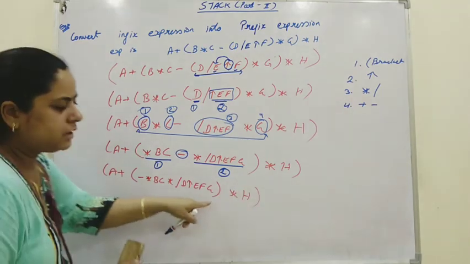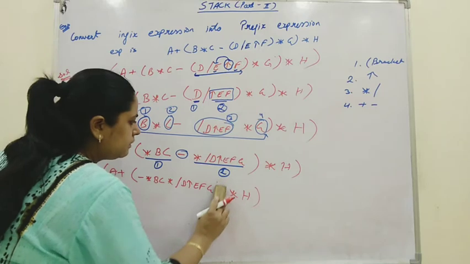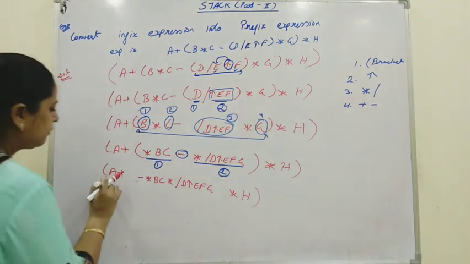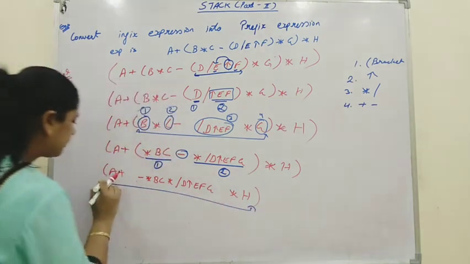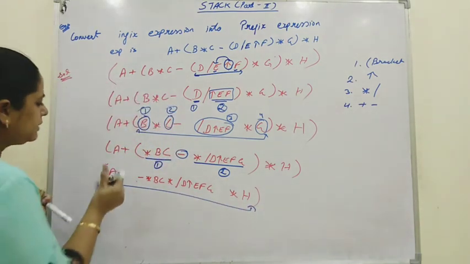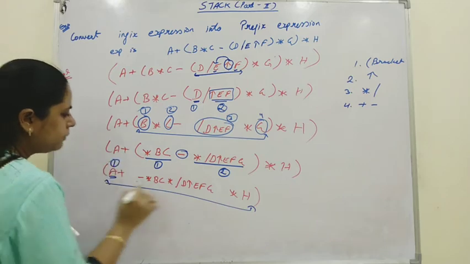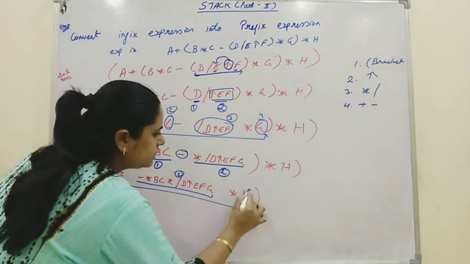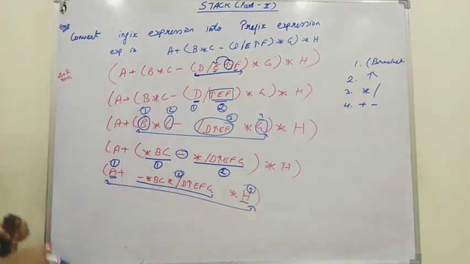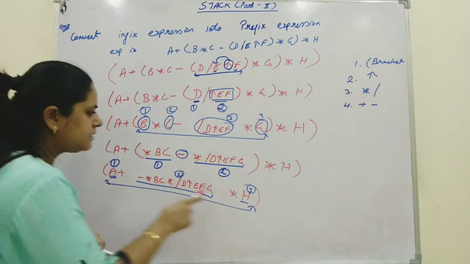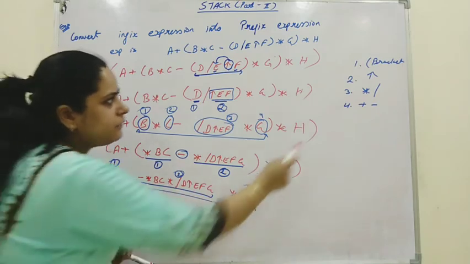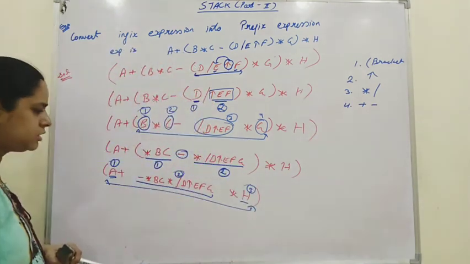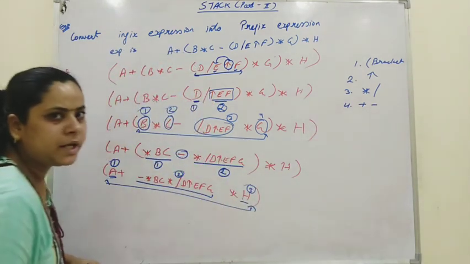Now we worked on each and every operator. That means we will remove this bracket. Now we are left with this. We work on it. Now how many operands are there? This is the first operand, this will become second operand and this will become third operand. Which operator is having higher precedence, plus or asterisk? Asterisk is having higher precedence. Here asterisk is in third position, plus is in fourth position. So first we will evaluate this.